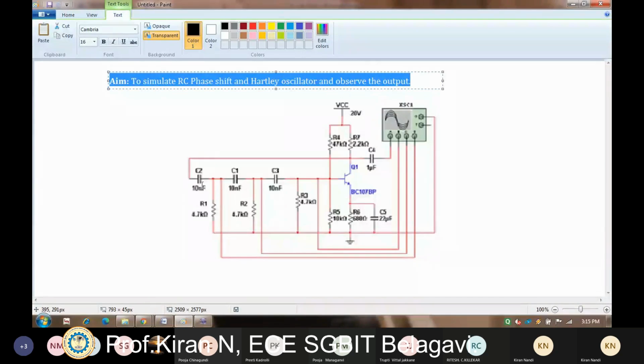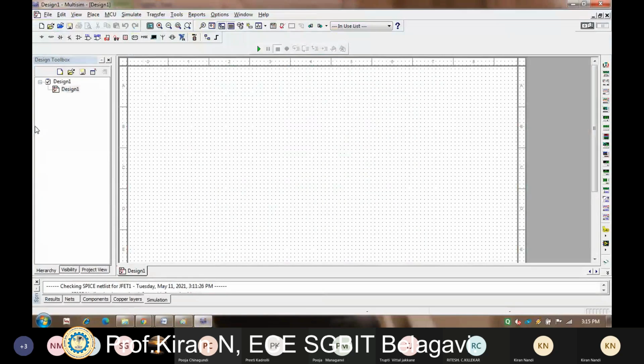So to build the circuit of a RC phase shift oscillator, I need five capacitors C1, C2, C3, C4, C5 and 6 resistor values with a transistor BC 107 BP. So I'll just move on here and I'll start placing the components.